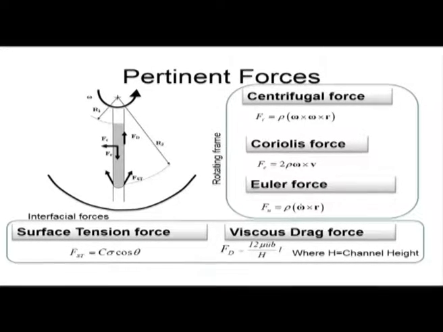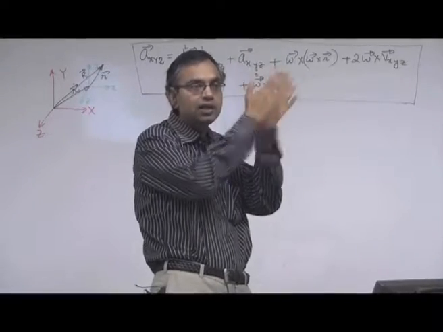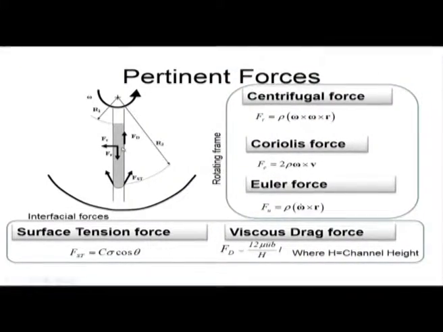So, if you want to achieve mixing between two fluid streams, you can use the Coriolis force to good effect, because if there are transverse streams which are not trying to mix well, then using the Coriolis force you can make the transverse streams mix. So this can be used as a good technology, and for the Euler force, depending on the direction of omega dot, the direction will be there.